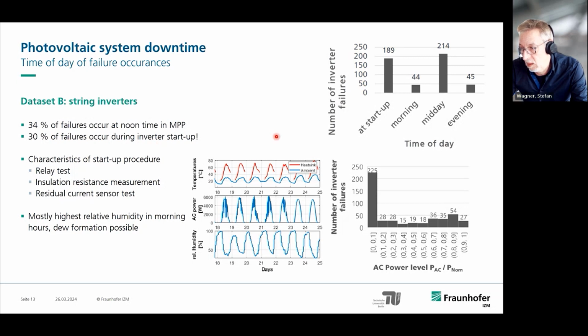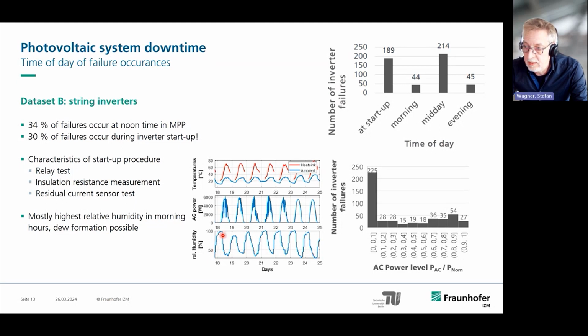startup. The inverter startup characteristic, the procedure is pointed out here. It begins with a relay test, insulation resistance measurement, and mostly the residual current sensor test. And here, mostly in the morning, in the startup phase, you have what you see here for a sample of